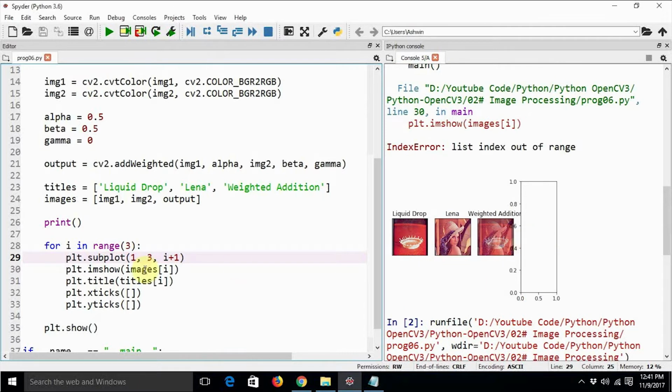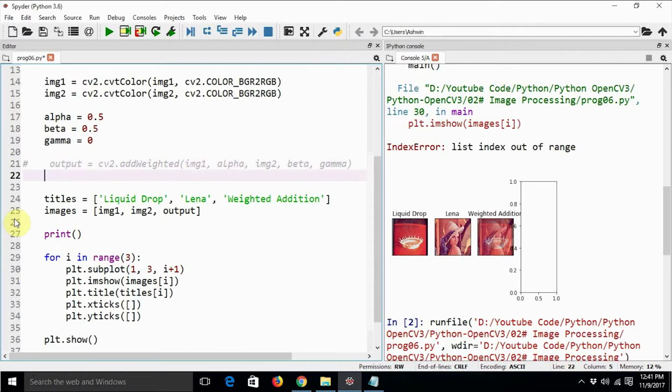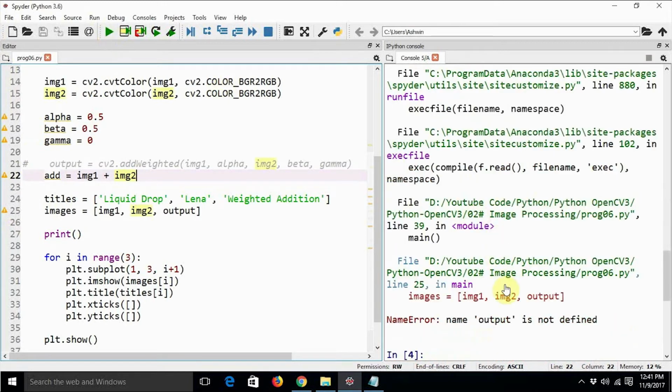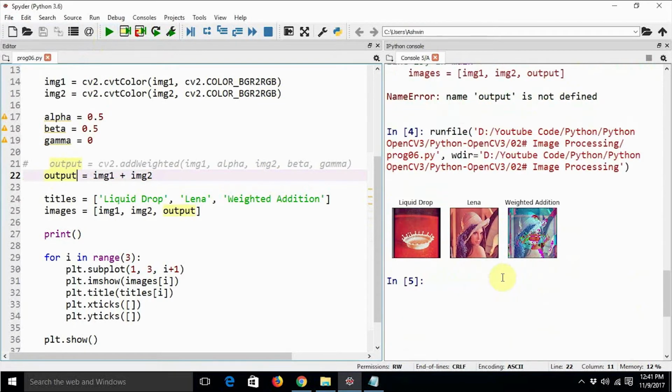If you directly add these two images, so let me comment this line of code, add equal to img1 plus img2, then the effect is not going to be very good. Oh, output is not defined. Sorry, it should be output. The effect is not going to be very great.